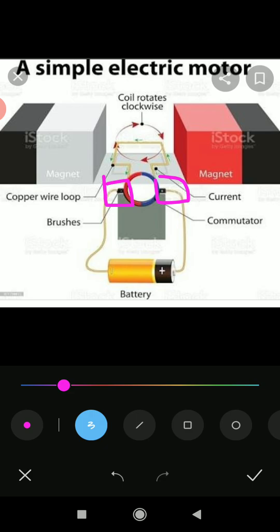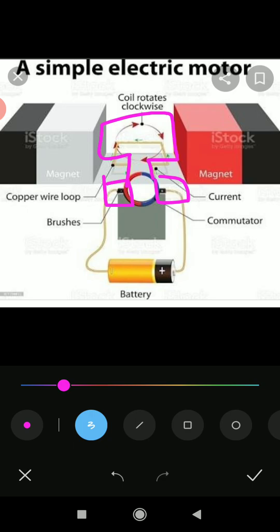As I was showing you here, the constant magnetic field is applied, and in that constant magnetic field we are keeping the rectangular wire. When current flows in the rectangular wire kept in the magnetic field, a force is applied on that wire, and because of that it will move.